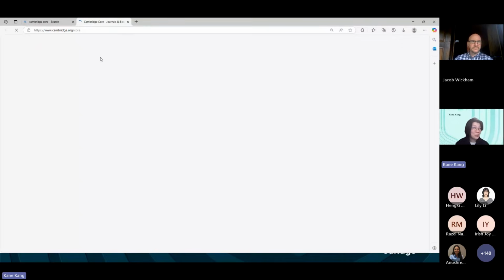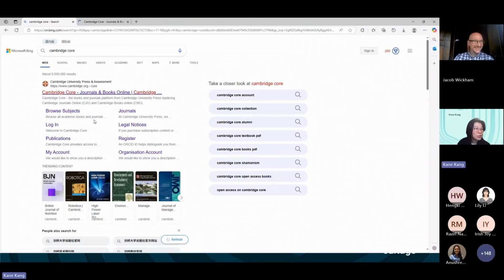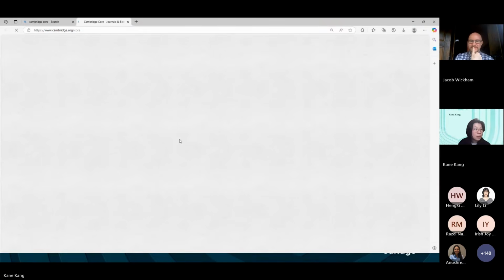I don't know if that's slow in your country, but in China it's quite slow. So you can search like this, browse subject, journals, and books. You can search everything here. You just need to come to this website, search the target journals, and then submit through the system.